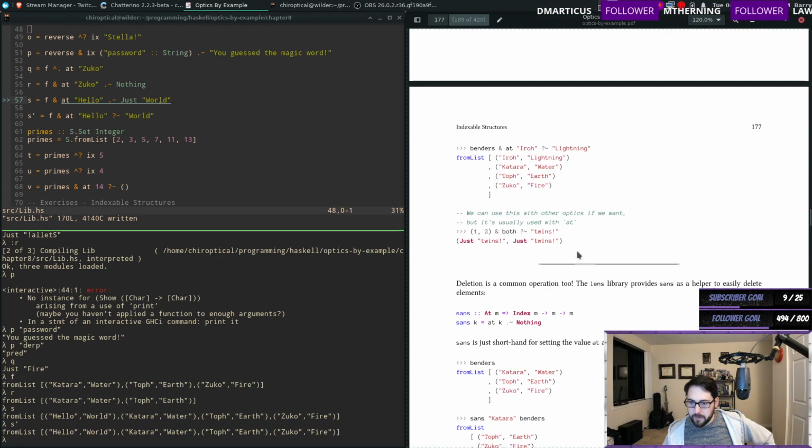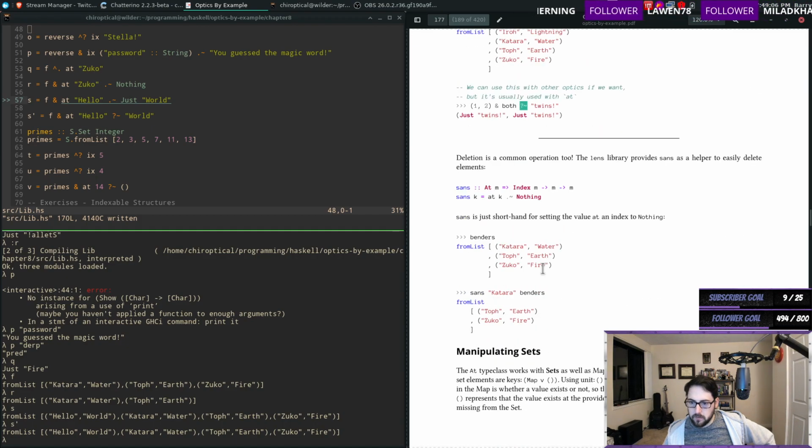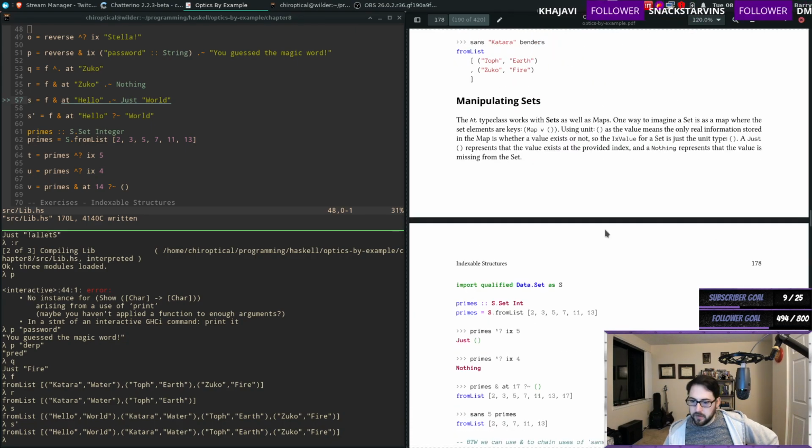All right, all right. Both set them to just. That makes sense. Deletion is a common operation too. The lens library has sans as a helper to easily delete elements. Cool. Manipulating sets,